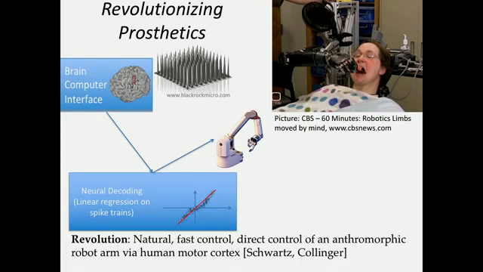And with this technology, they were able to take a tetraplegic subject, in fact, multiple ones, and have them be able to do tasks like pick objects up. And I encourage you, there's a CBS 60 Minutes on this, on some of their early work, which I would have included a little bit, but I'm afraid I would have run out of time. It's well worth watching, and the technology is quite amazing. And they've gone well above and beyond that now. Their work is